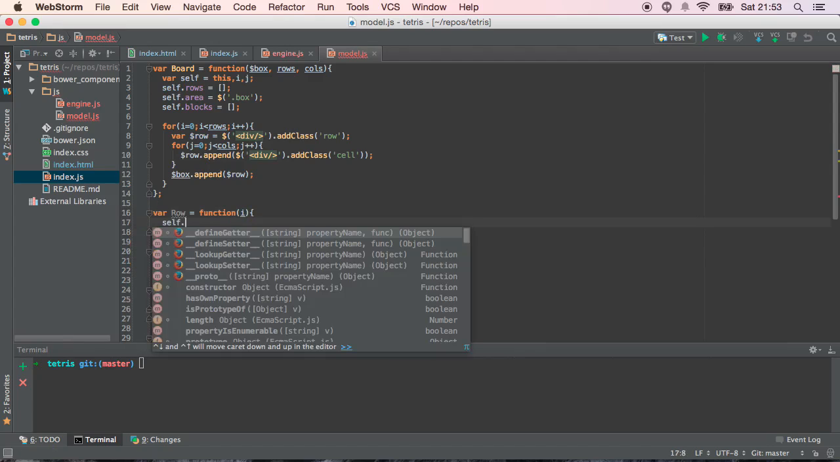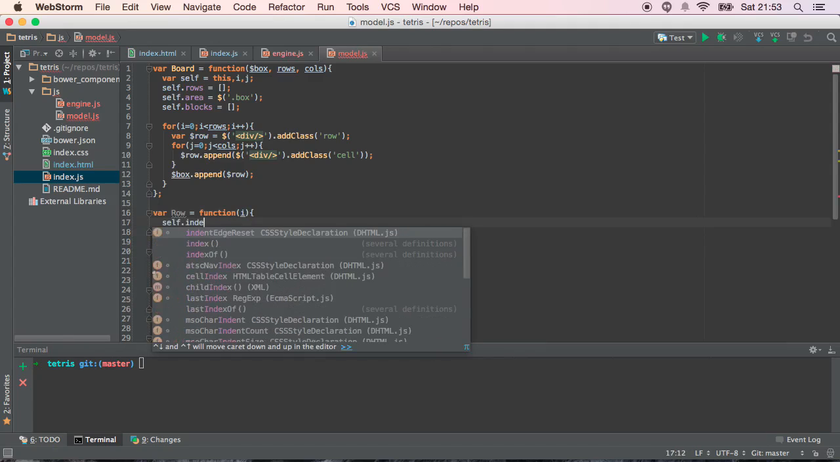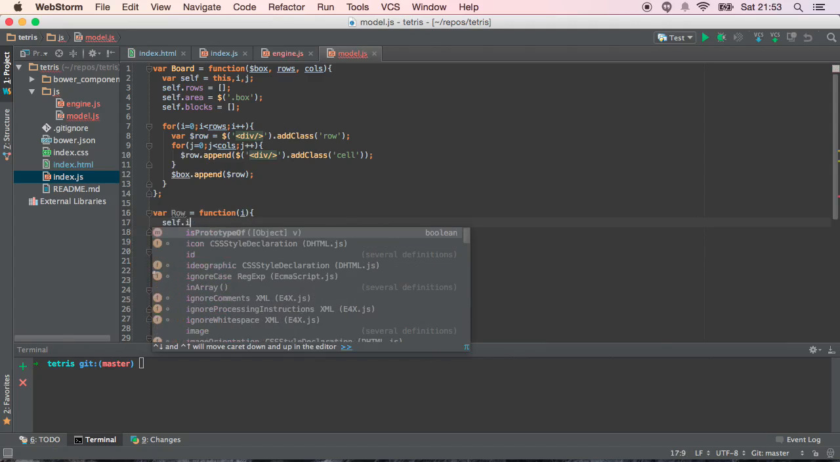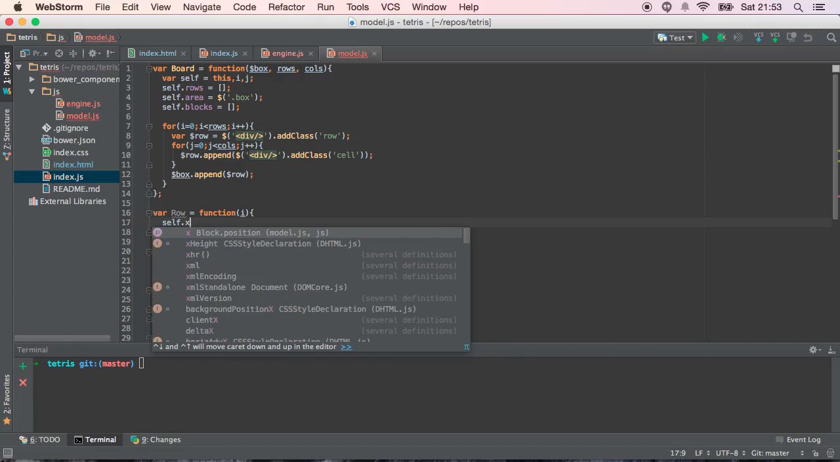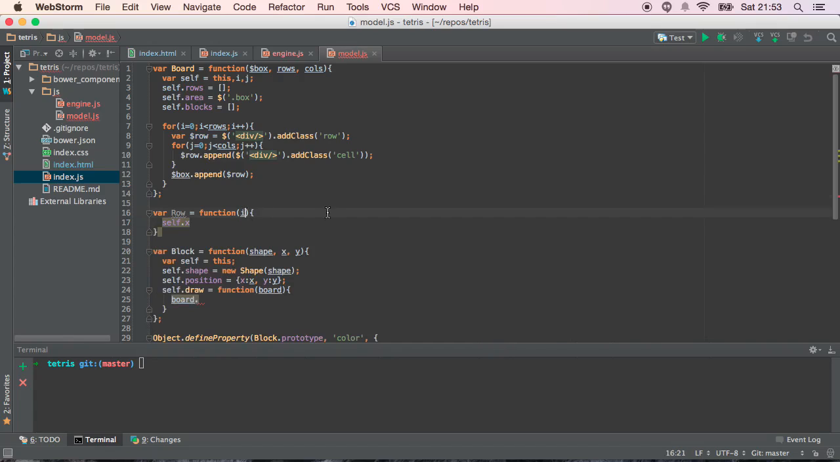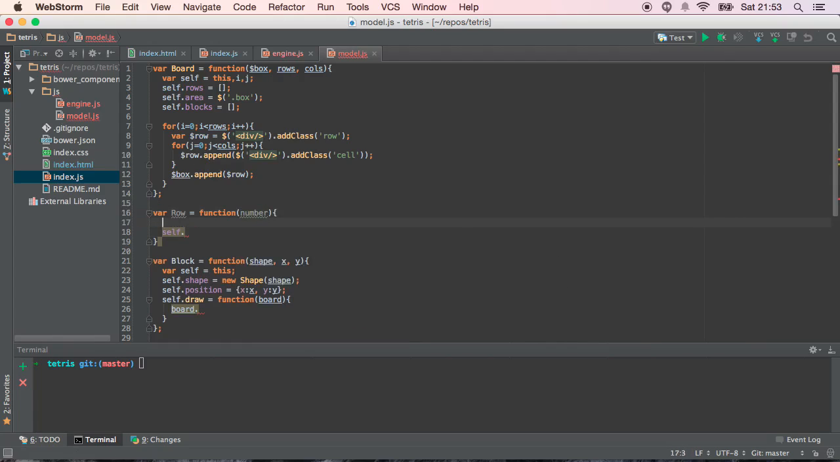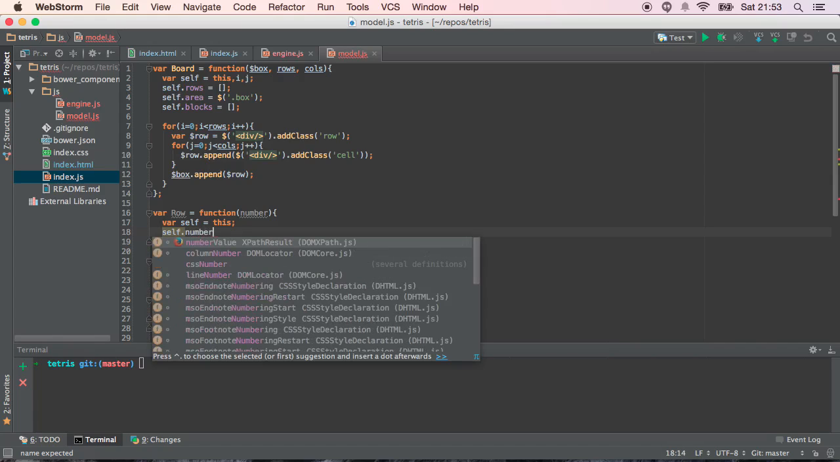So self dot index or x. It's really our x, right? No, it's our y. Well, but that's kind of confusing as well. So row, we'll just number. And so then we'll do var self equals this, self dot